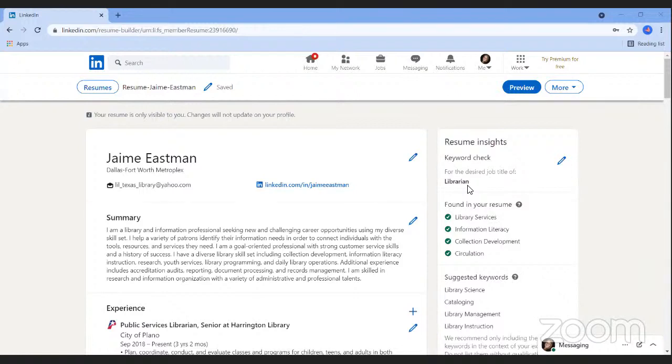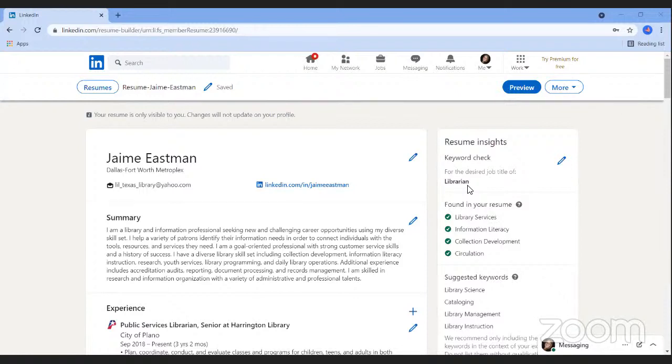Many companies will use resume screening software to review your resume looking for those keywords. This helps them narrow down potential applicants. To help with this, you can use those keywords throughout your resume, in your summary, in your skills, in your work history, to show that you really do have those skills.